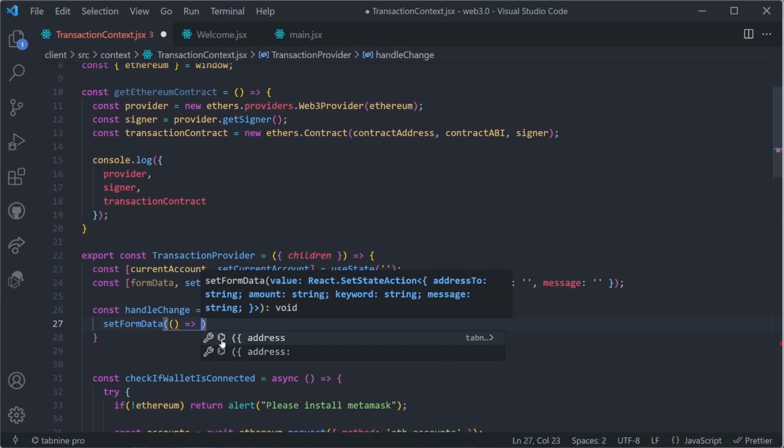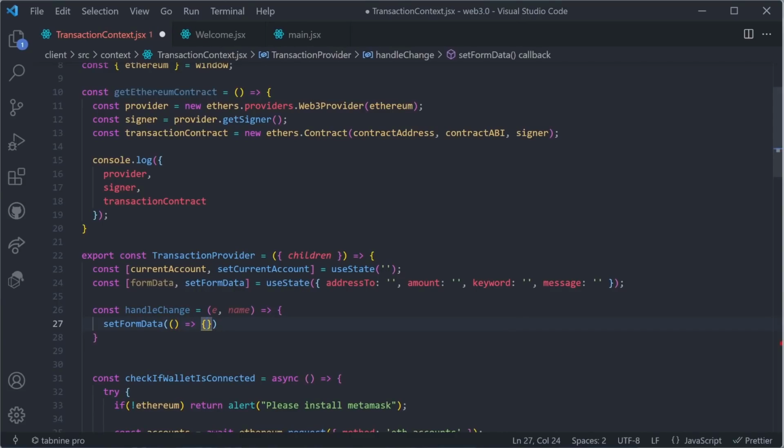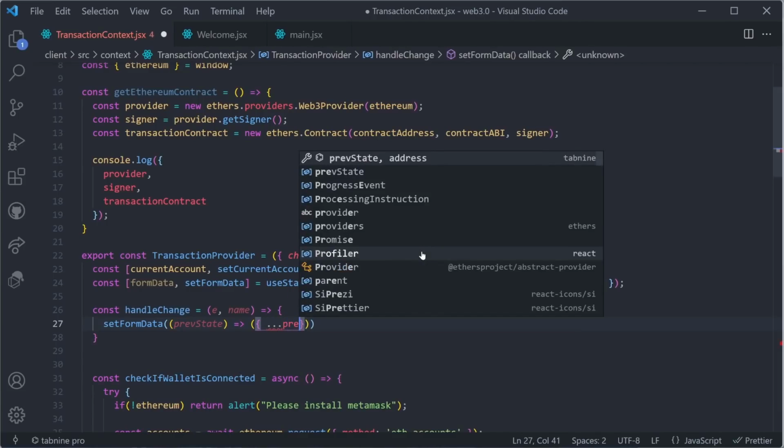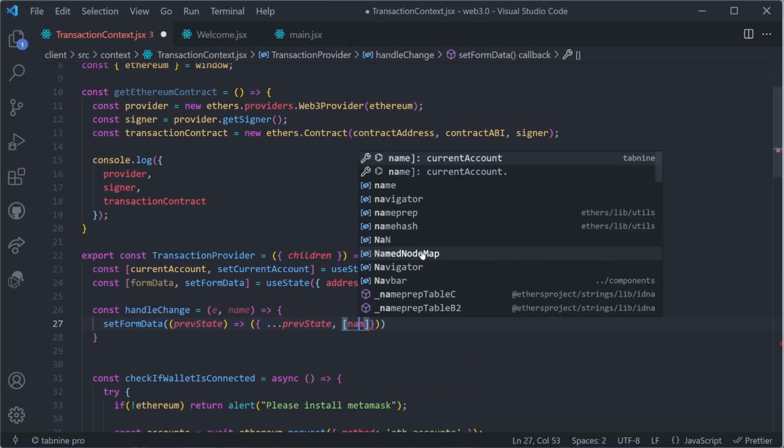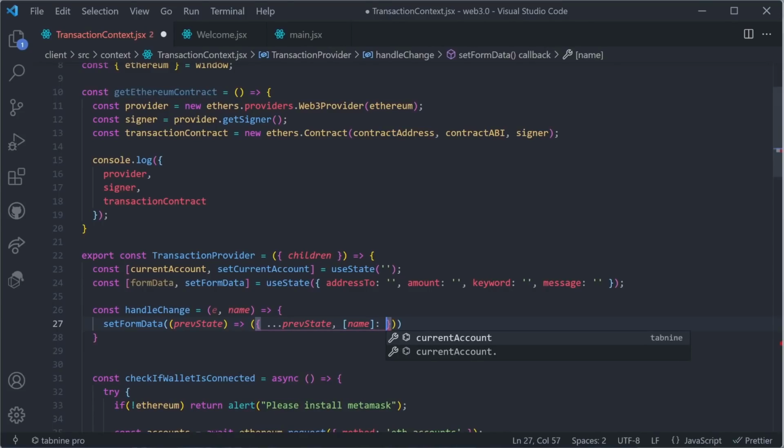Now, whenever you're updating the new state using the old state, you have to provide a callback function in the state where as the first parameter, React gives you prevState. And we're going to instantly return an object, and you can do that by first using parentheses and then writing an object. And that object is going to have the previous state spread like this, and we can update dynamically name to include the